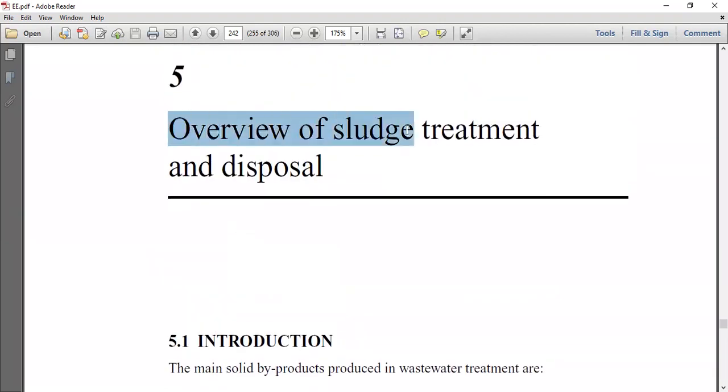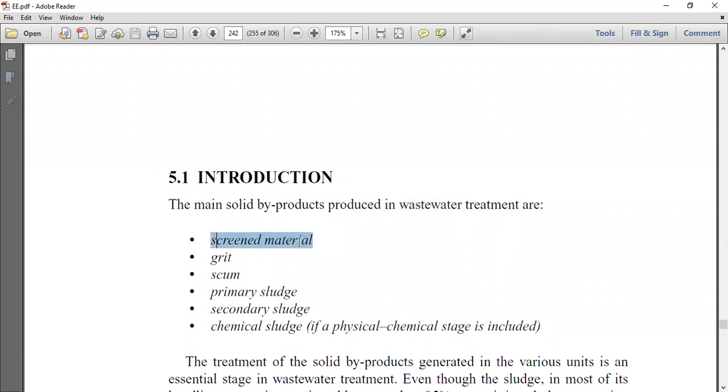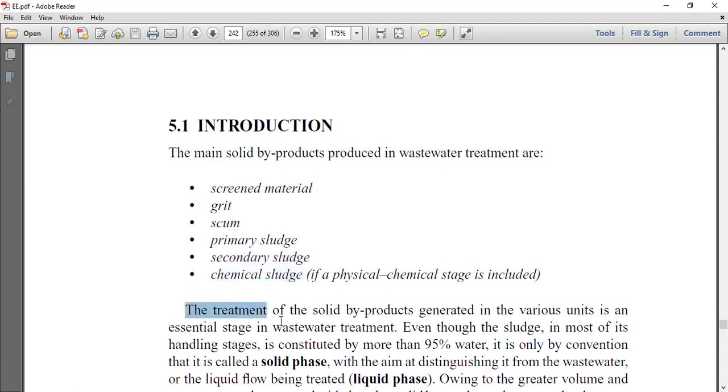So our last topic is the overview of sludge treatment and disposal. The main solid byproducts produced in wastewater treatment are the screenings, grit, scum, the primary sludge, secondary sludge, and the chemical sludge. The treatment of the solid byproducts generated in the various units is an essential stage in wastewater treatment. Even though the sludge is constituted by more than 95% of water,